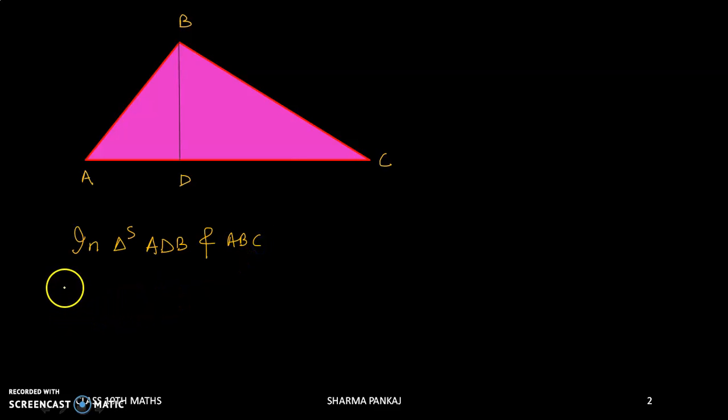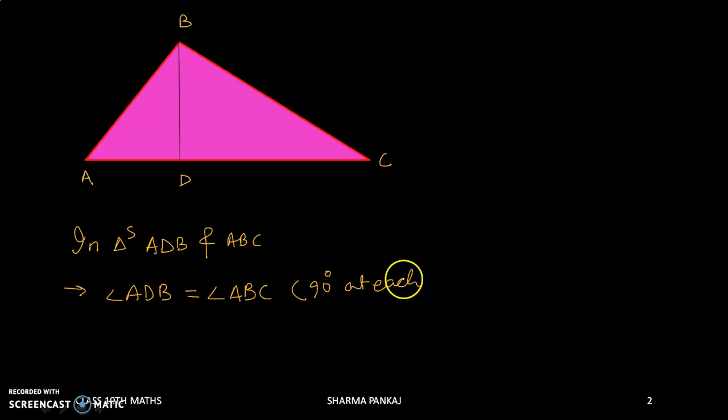We have angle ADB is equal to angle ABC, 90 degree at each of D and B point. That is, at D this is 90 degree and at B this is 90 degree,